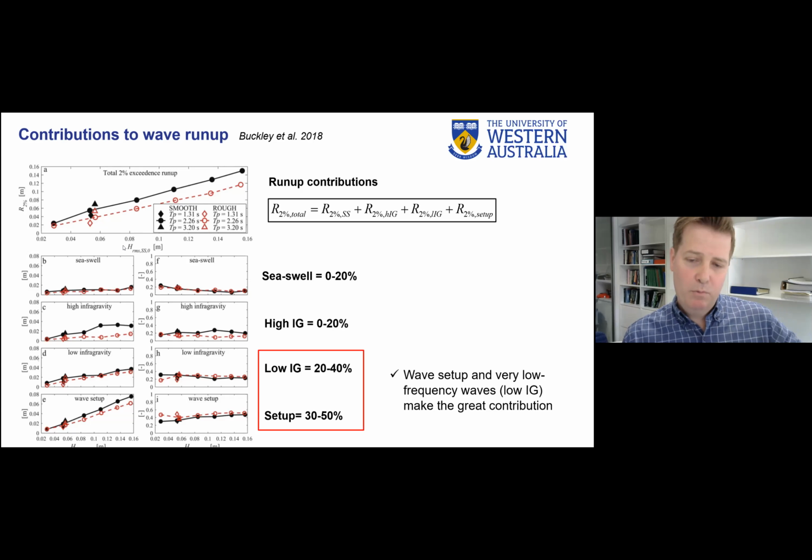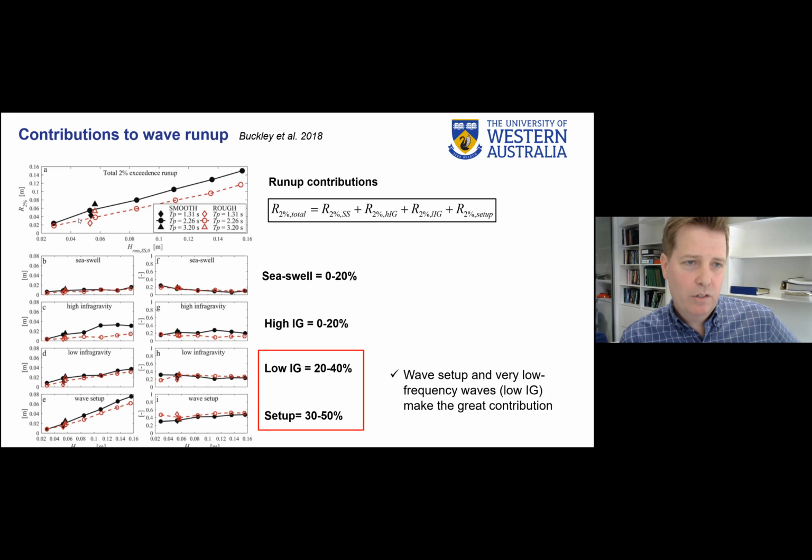This is for one offshore water level, and we just increase the wave height and look at the run-up response at the shoreline. And we can see, not surprisingly, a more or less linear increase in wave run-up, R2%, with wave height. We get slightly less run-up if we have the roughness there, so it is reducing what you would expect with wave-driven flooding. But one of the important things, and why I want to show this slide, is we can then